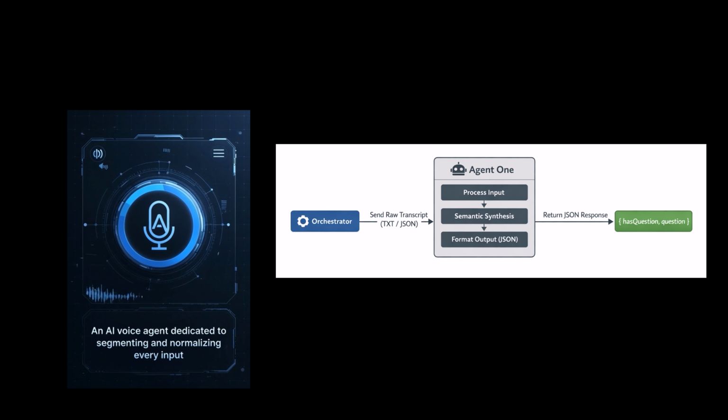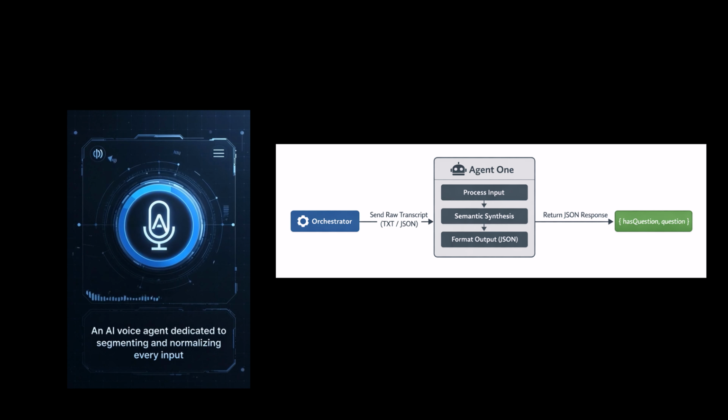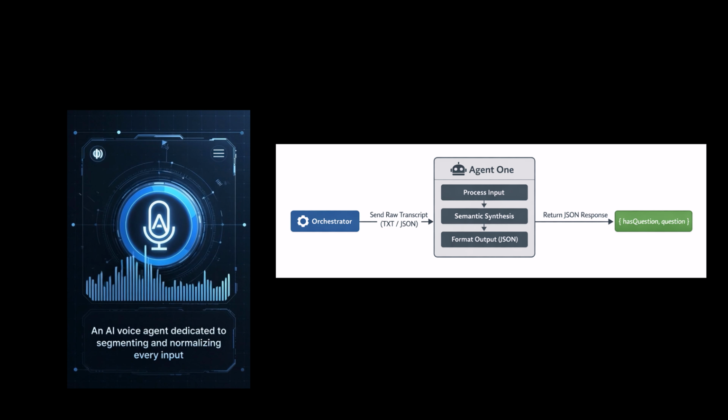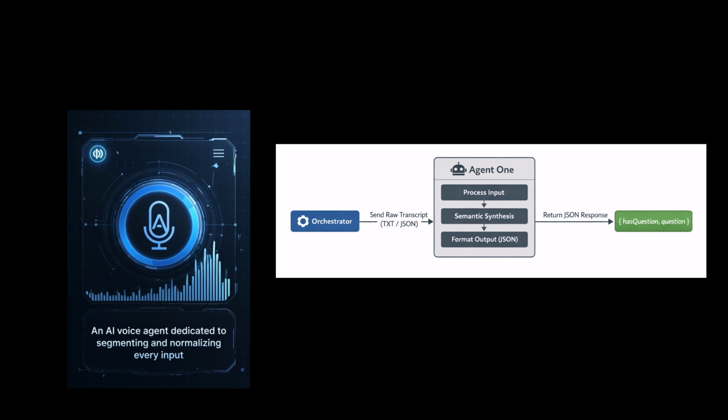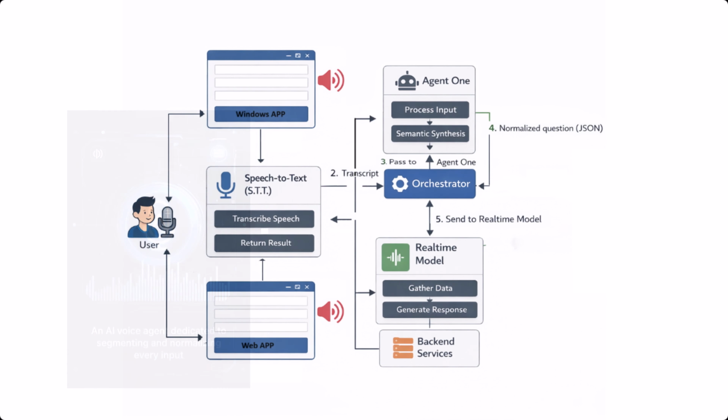This layered approach, with an extra agent for segmentation and normalization acting as a filter and interpreter, gives my system a level of robustness and reliability that typical voice agents just can't match. To truly understand why this platform is flexible, robust, and ready for real-world use, let's look under the hood at how the components are connected and the role each one plays.